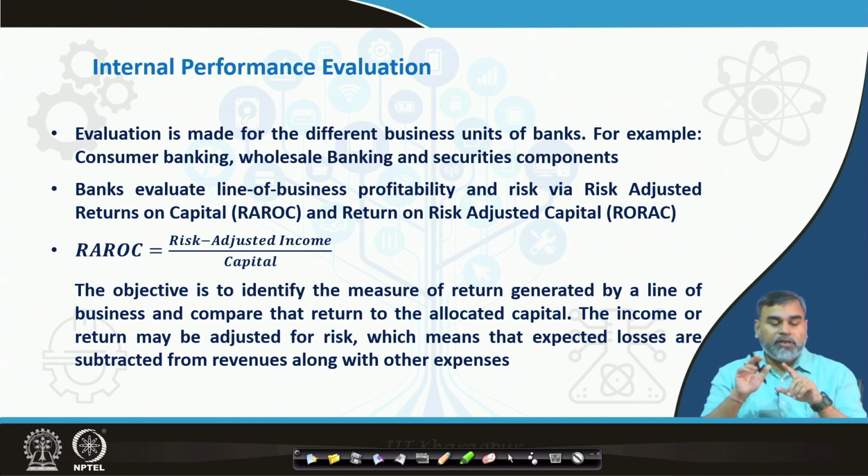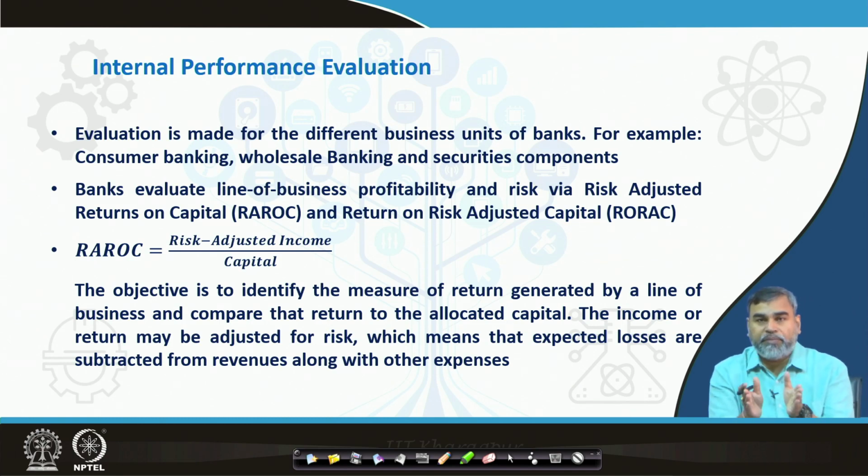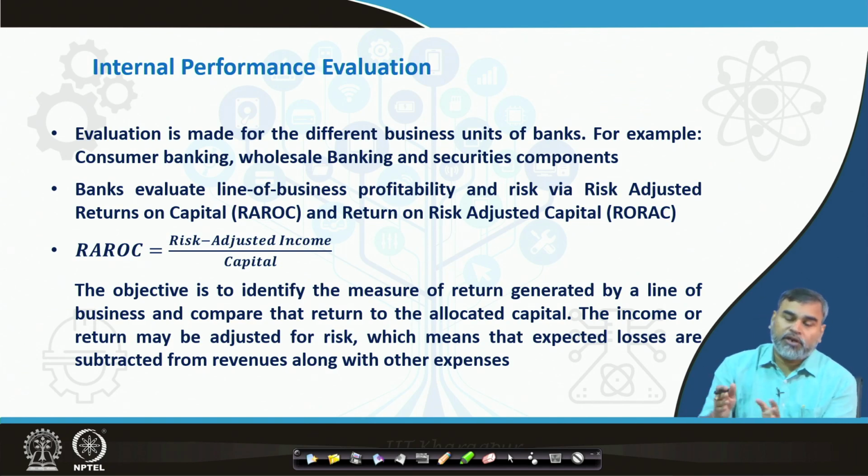The income or the return should be adjusted to the risk, which means that the expected losses are subtracted from the revenues along with the other expenses. If you have allotted certain capital for a business, then how much return I have generated, that is the nominal income. But once I have generated that income, it also should be adjusted with respect to the risk and the expenses whatever I have incurred. So, for every line of business whatever capitals have been allotted, and out of them how